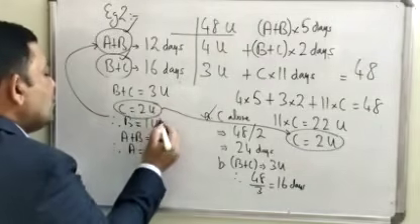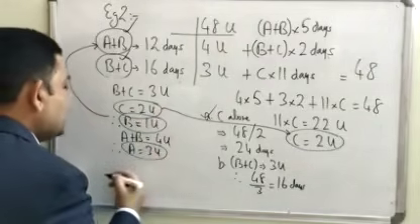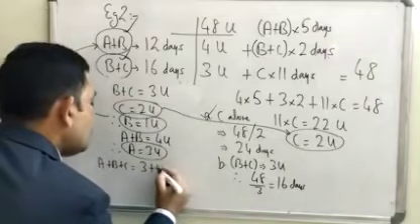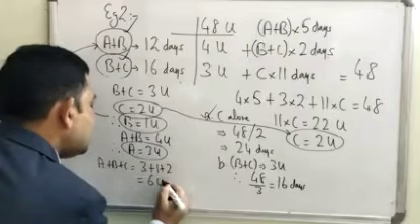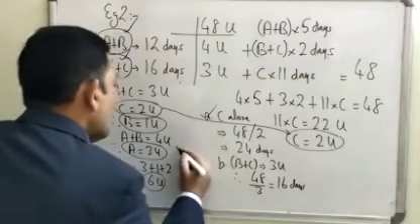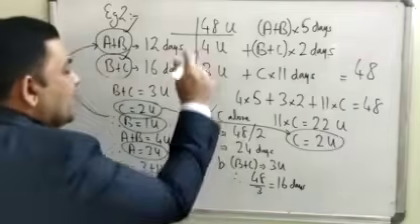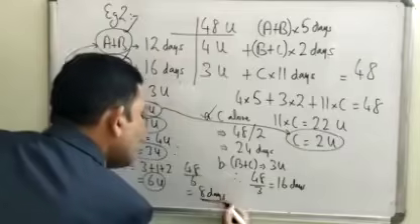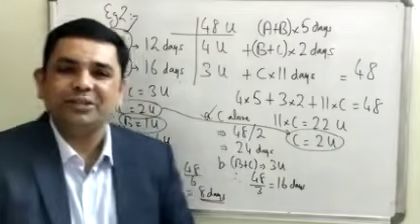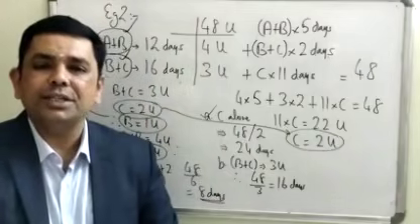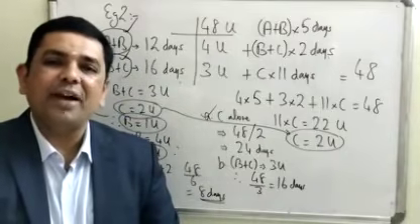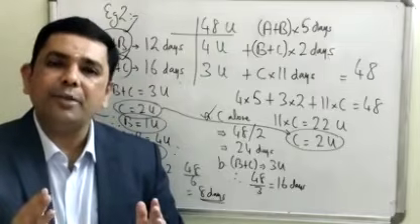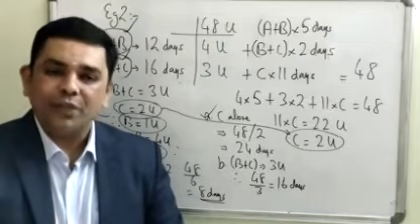So C is 2 units, B is 1 unit, A is 3 units. So what is A plus B plus C? 3 plus 1 plus 2. This is 6 units. And therefore, what is the question? In how much time will all three of them complete the work? If they work together, it is 8 days. So students, in this lesson, we have looked at 2 typical and yet beautiful examples of the application of